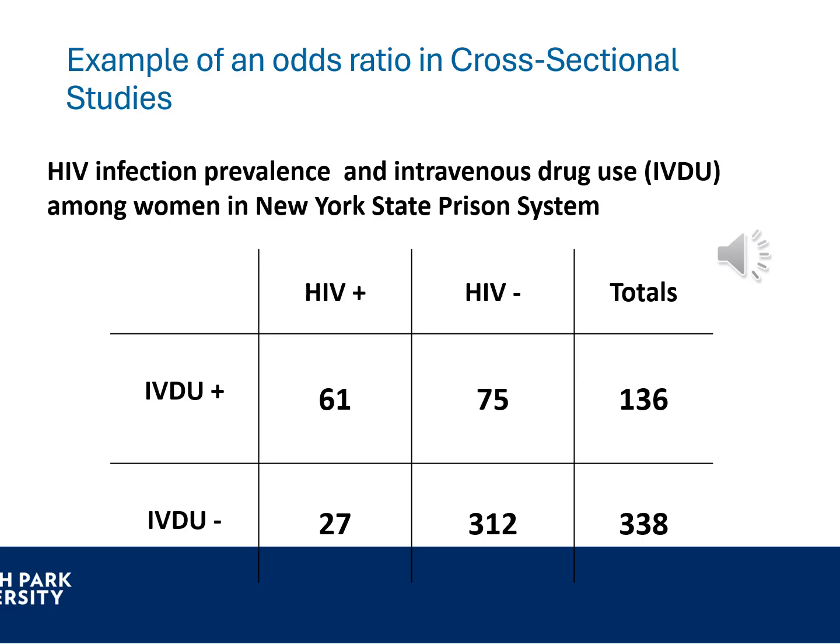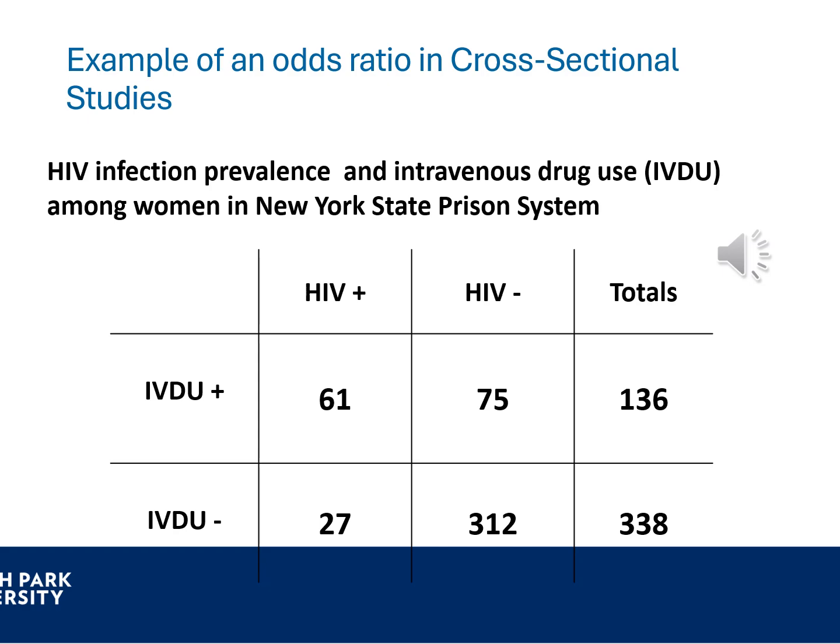Disease status, HIV positive, first column, HIV negative, second column. Exposure to IV drug use is in the top row, and not users of illicit IV drugs is in the second row. So if we follow the AD divided by BC, as we determined in the last slide, then we